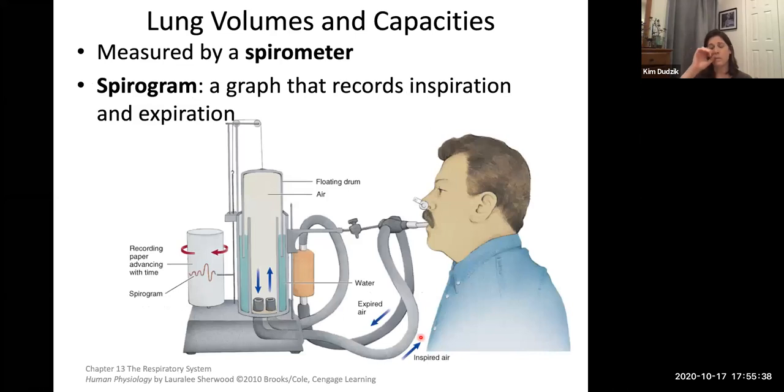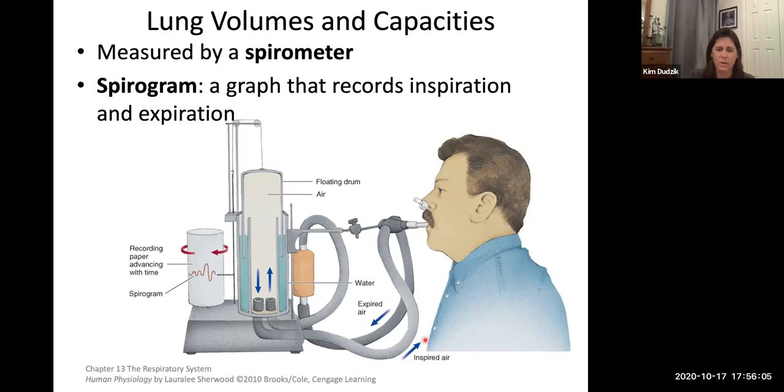Okay, so we can measure lung volumes and capacities. And so this is a measure of how healthy your lungs might be. We use a device called the spirometer. And this is a spirometer. It actually has different tubes in here surrounded by fluid. There's water in there. And so what happens by putting this device in your mouth and inhaling and exhaling, you can see